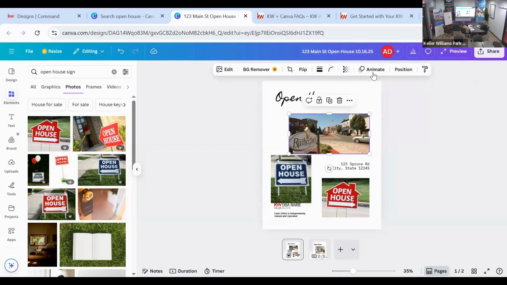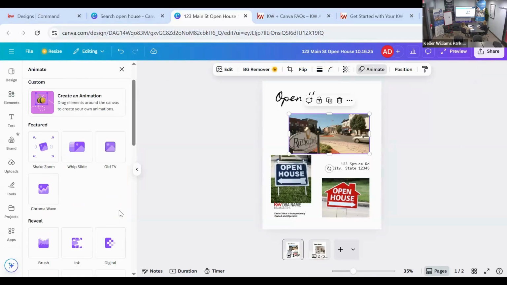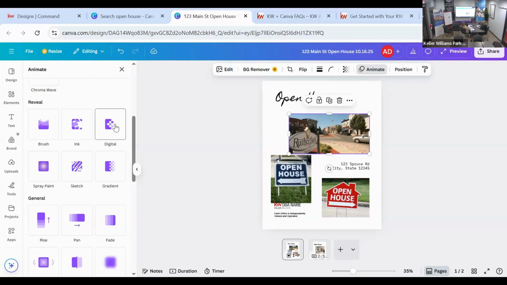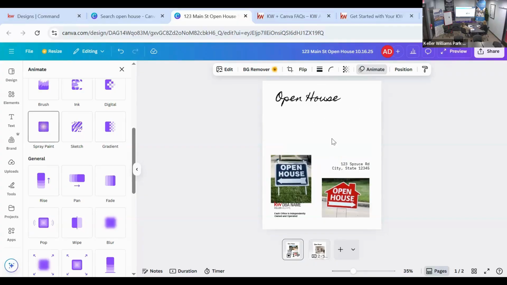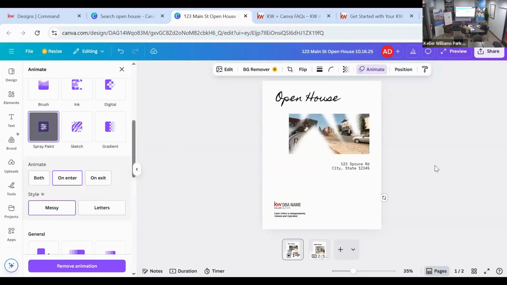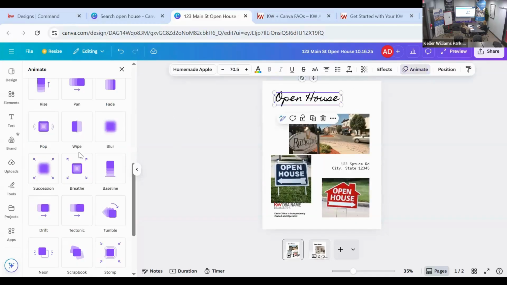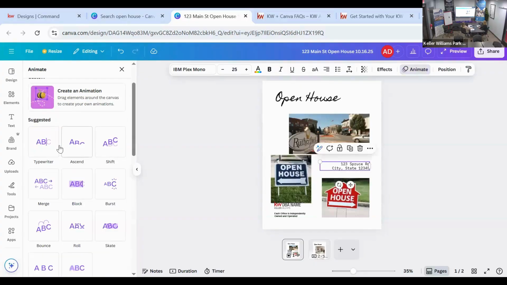There is an animate button. So for photos and different pieces of text, if you are planning to post this as a video on your social media, when I hover over some of these featured options, you're going to see that this is what your design could look like when someone visits your page or your post shows up on their feed. So maybe I want to have the spray paint element for my pictures, right? And for my text, I'm just going to do something a little different. I'm going to have it come up as a typewriter, just showing you all the different animations that you can